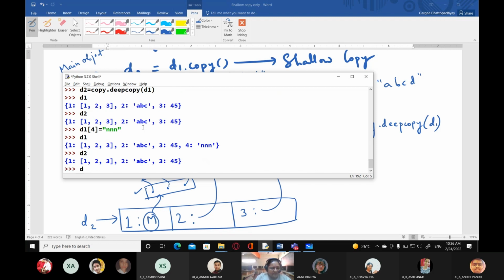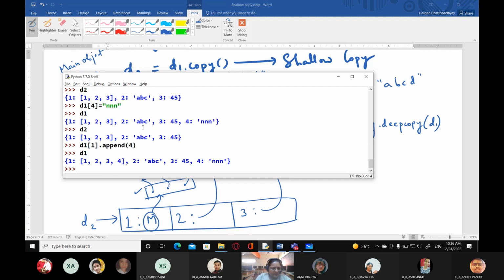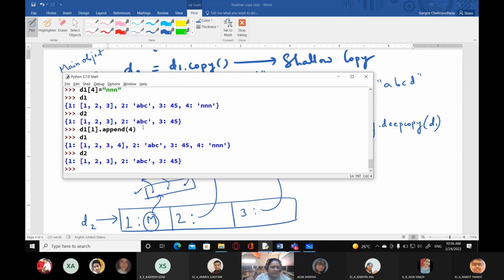Now I try to add something to the list object of key 1, dot append, and I'm adding 4 here. So D1 is this, इसमें 4 add हो गया है, but when you check D2, nothing is added, not even in the inner lists. But if I use a shallow copy, like if D3 is a shallow copy of D1,